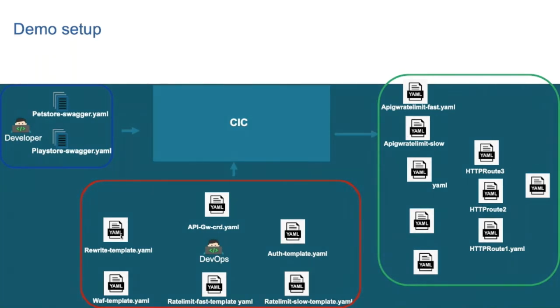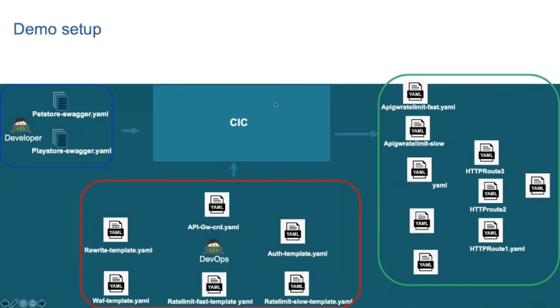But as we have seen, templates don't talk about where to apply them. It's just policy specification only. And then to stitch the Swagger and these templates together, DevOps applies this API gateway CRD. As we have seen, this contains information about where the Git location is, which endpoint you will expose these APIs on, and how you map these APIs to the policies. So this is something DevOps applies.